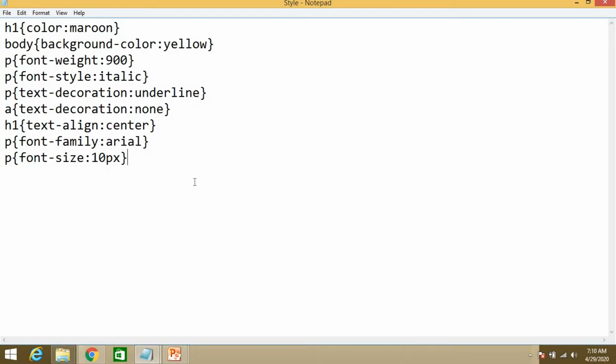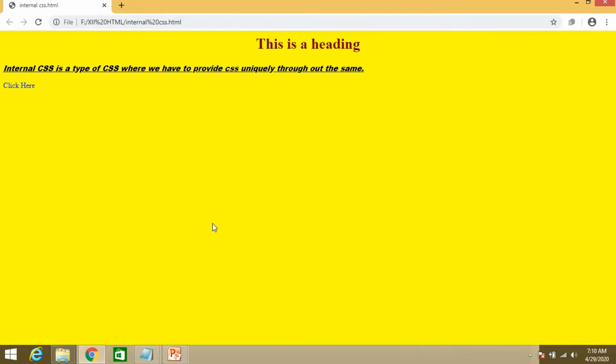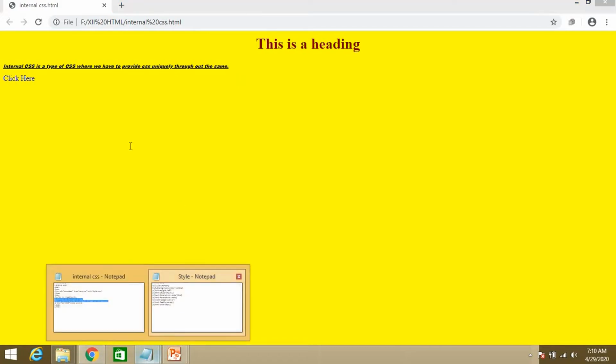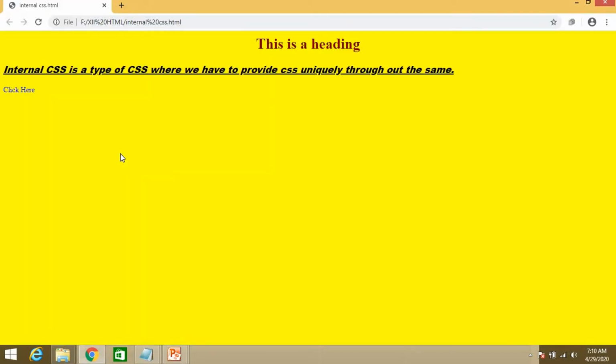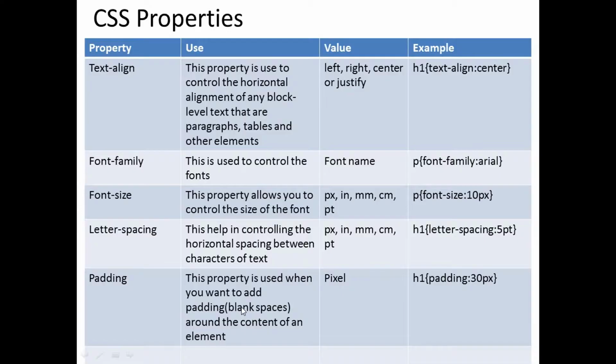Control S. Now see the effect. This becomes very small. So you can change this value to 20px. Let's see the effect. So this is font size.